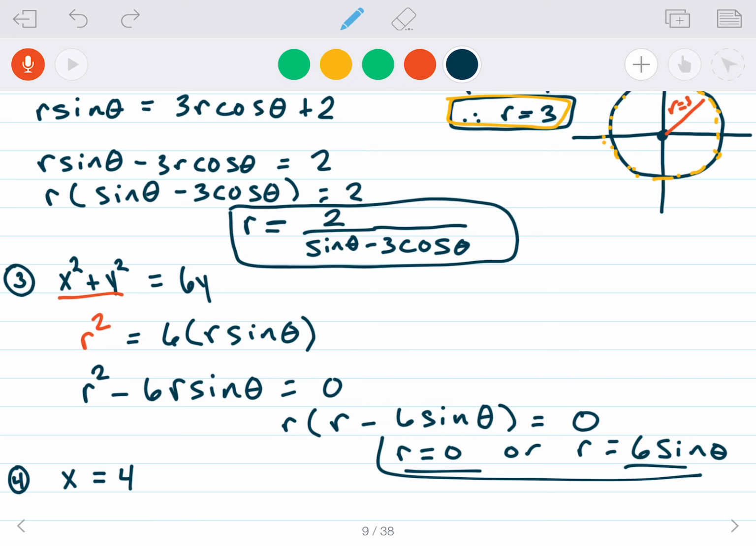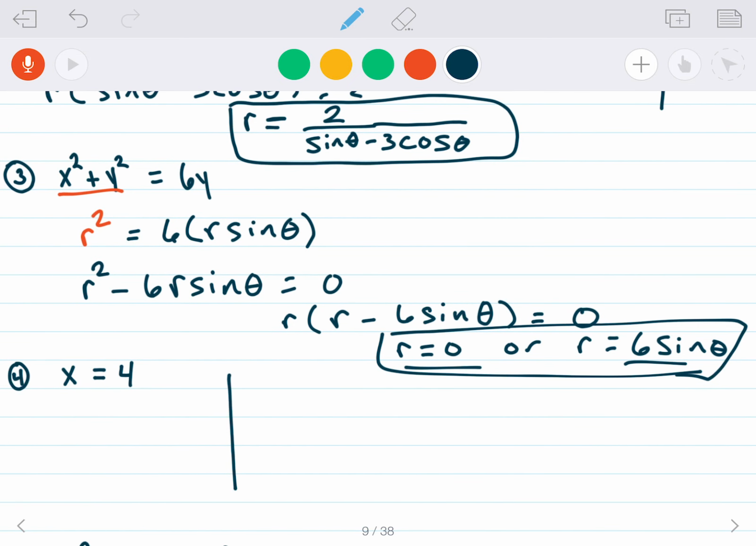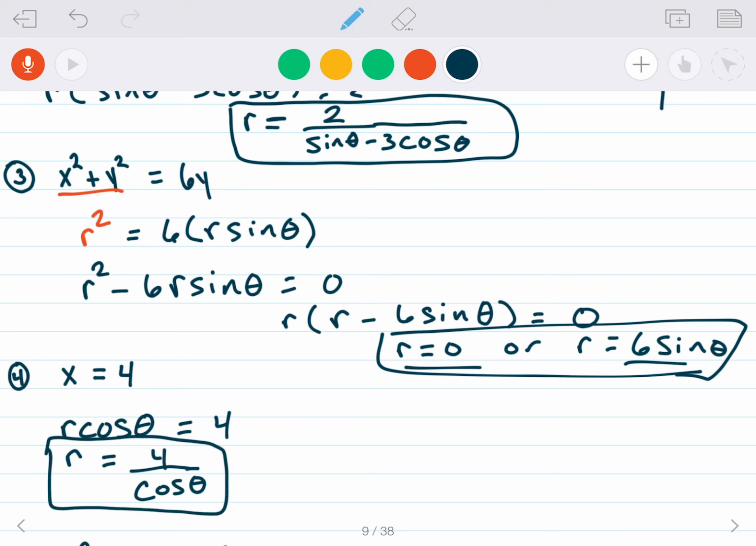Let's go ahead and do this one down here, x equals 4. Now we all know what this is, I hope. This is a vertical line that goes through x equals 4, just like that. How can we say what this is in polar coordinates? How can we describe this? Well, x is equal to r cosine theta, so we have r cosine theta equals 4, so r is equal to 4 over cosine theta, and that's how we can describe that region using